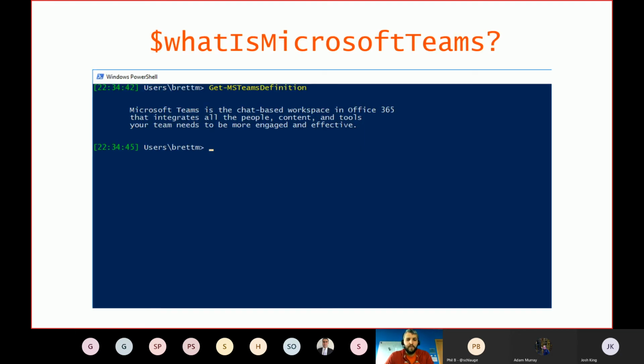So what is Microsoft Teams? It's a chat-based workspace in Office 365 that integrates all the people, content, and tools your team needs to be more engaged and effective. It's basically Microsoft's version of Slack. I'm using it more and more. Our organization is pushing it more and more.